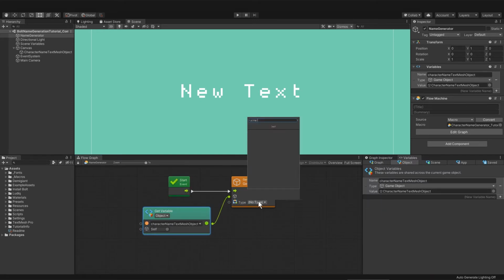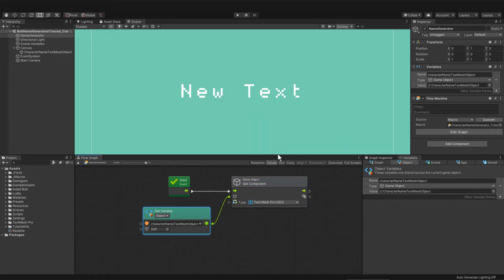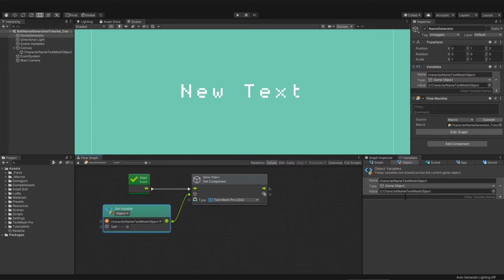So the type of component we want to get is TextMesh Pro UGUI, not TextMesh Pro, but this second one here. Okay, so we're getting the component from this character name TextMesh object, and let's save the component as a